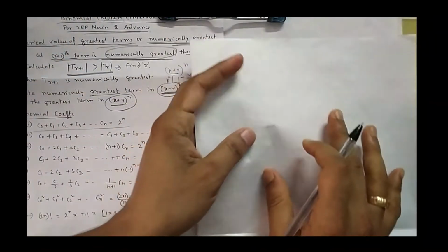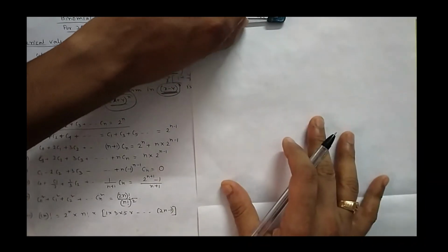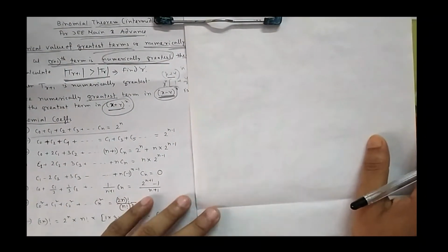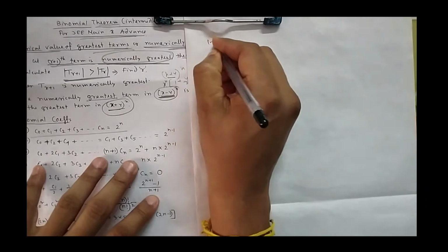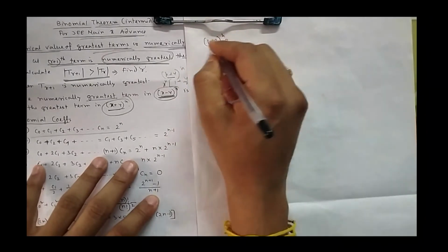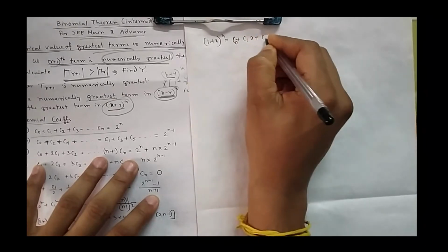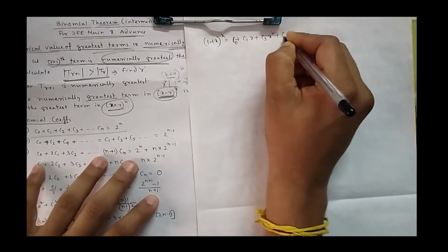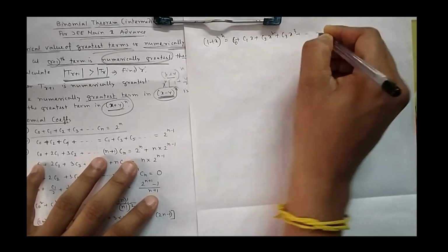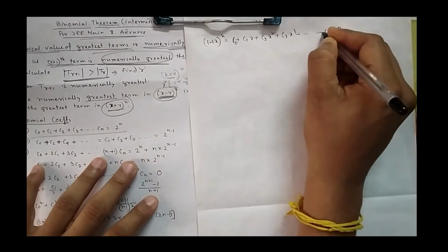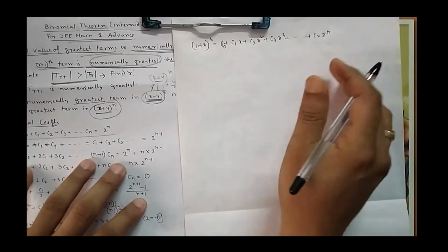Now for the third and fourth, we need a little basic differentiation and integration. So if you don't know it also, just bear with me. You will know it at a later stage. So what was my initial expansion? Everything is coming from here. You just remember this one, C0 plus C1x and so on. If there is a change in the question, it is not necessary that exactly this property will come, or certainly this will not come. So you have to use these concepts.